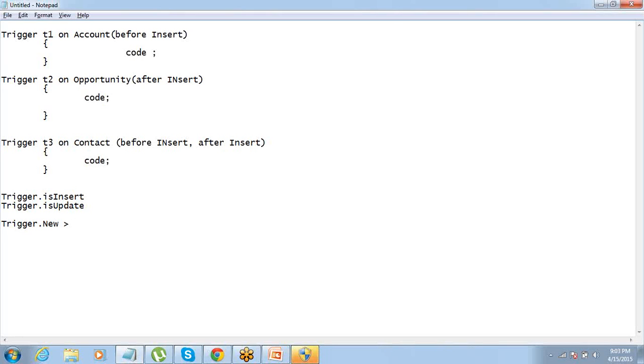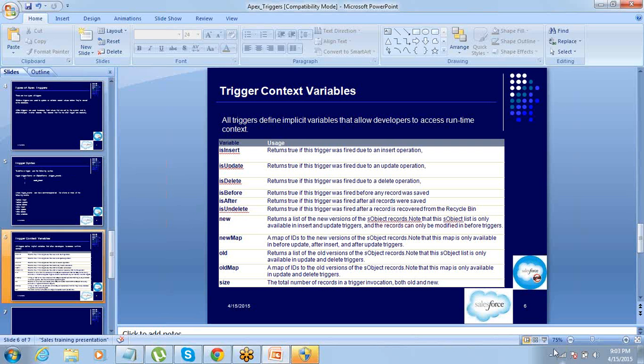You need a variable to store the records which are being inserted or updated, right? So Trigger.new is that list of SObject which stores the data which is being inserted or updated. It can be a single record as well, but by default Trigger.new returns a list of SObject. That is what we have here.